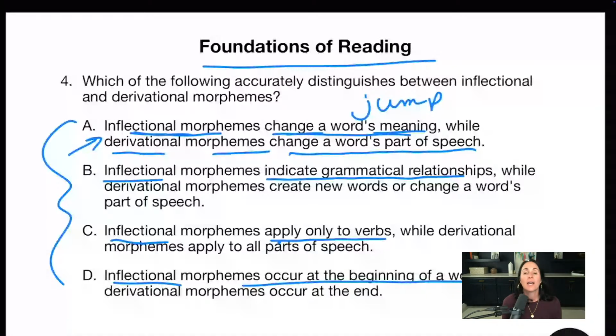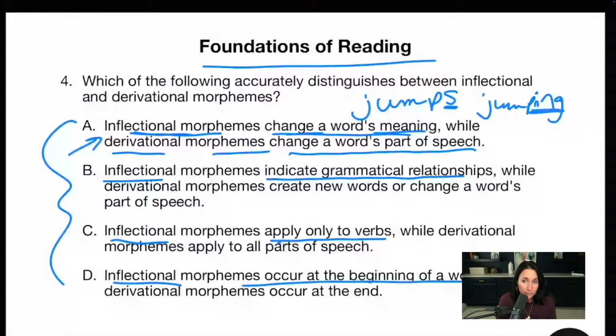You guys would have it perfect, I know, with the U proper and all that, but just bear with me here. So jump, right? An inflectional morpheme might be jumps. Jump has not changed the definition, right? It has not changed the meaning. It's still a verb. It just happens to be present tense. He jumps, she jumps. Or jumping, again, I apologize for my terrible handwriting. Jumping, ing, is a morpheme that doesn't change the word's meaning or part of speech.